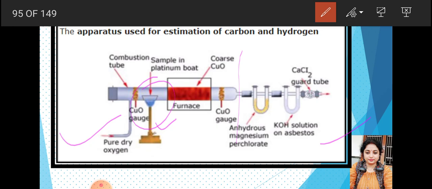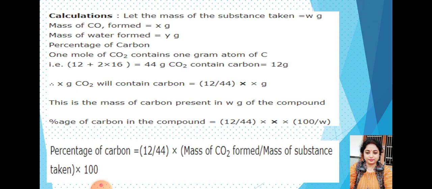But you can ask a question here: what if those are also present? If we know they are present, then we have to add to this setup to detect those elements also. But here we are only assuming that carbon and hydrogen are present. So next is to calculate the percentage of carbon and the percentage of hydrogen. Now the calculation is your part to do, the apparatus work is over. Now come to the paper and do the calculation.